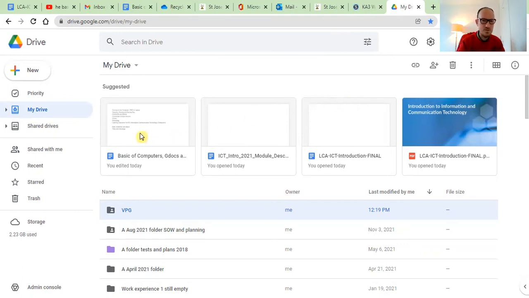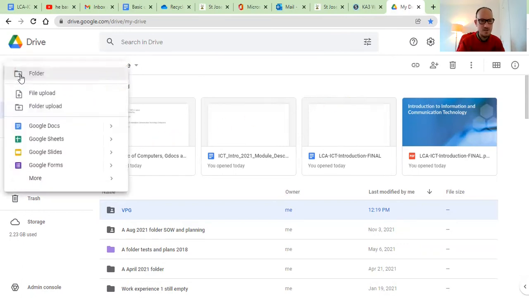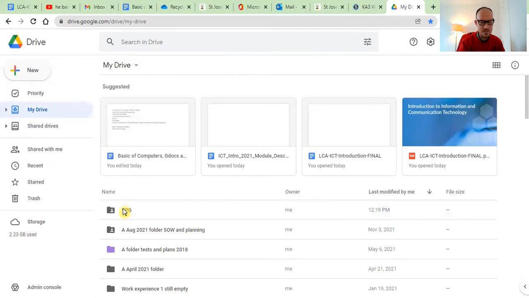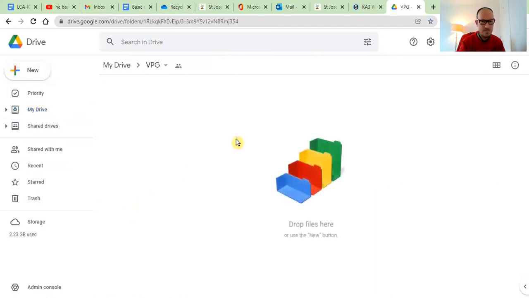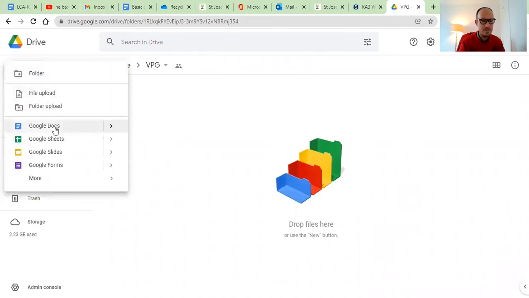So in order to do a new Google Docs, you just click New, and again, you'd be creating a folder and then putting it into it. There's Google Docs, you can just open it there, but the best way is to not open it from there. The best way is to open it when you're actually in the folder, because it'll then save in the folder. So just go New, and then go Google Docs,